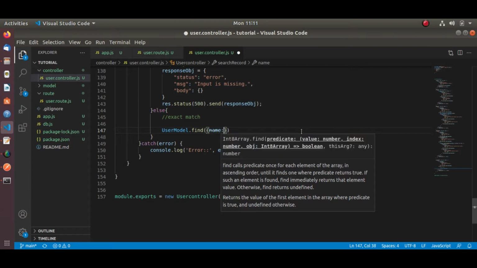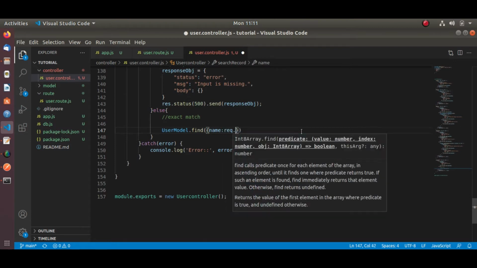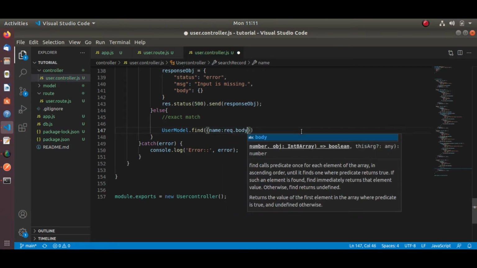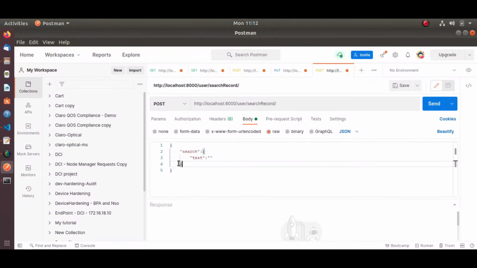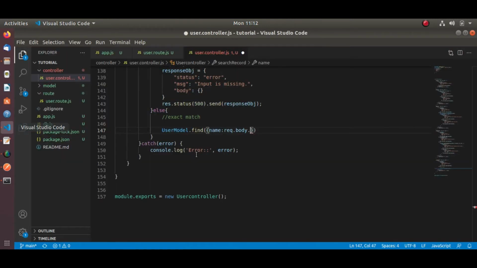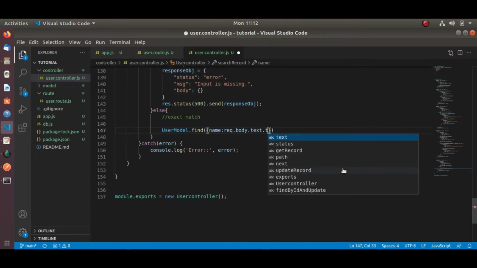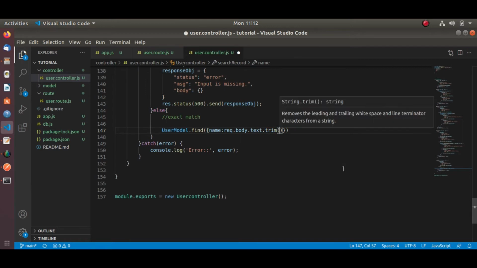So here we can write the name, request dot body dot text, I think txt, yes, text, and after that let's trim it. We can remove the white space from the beginning and end part of the characters.